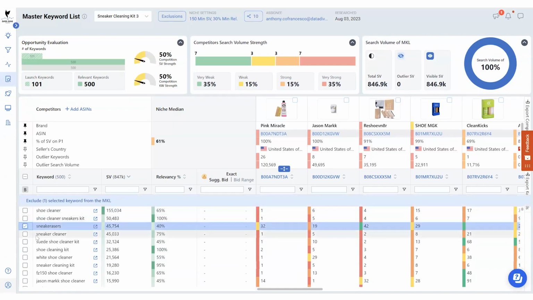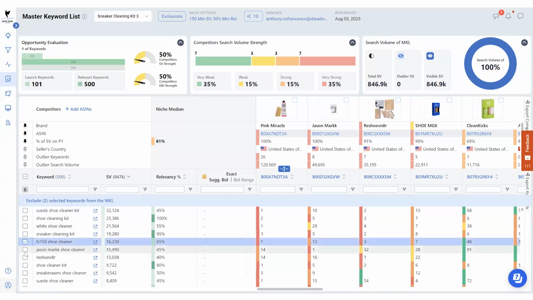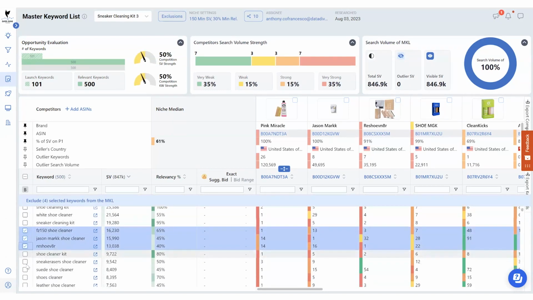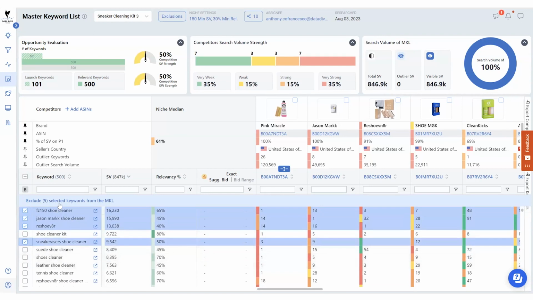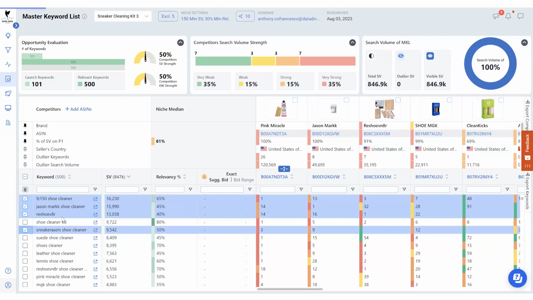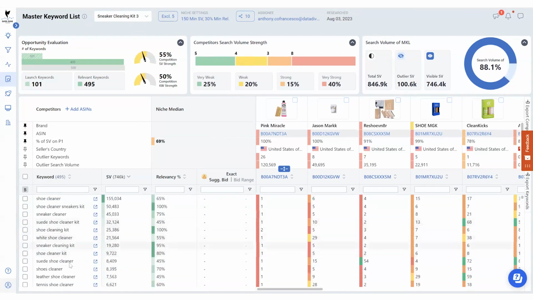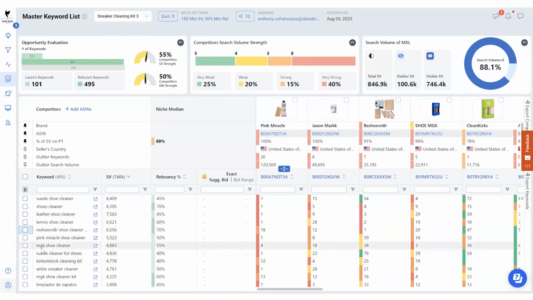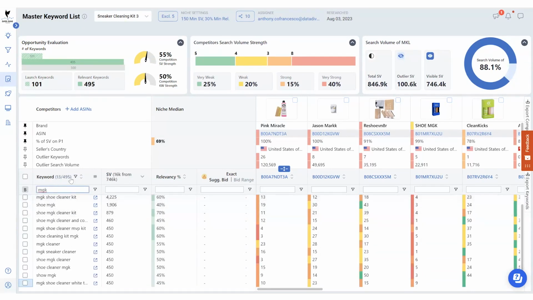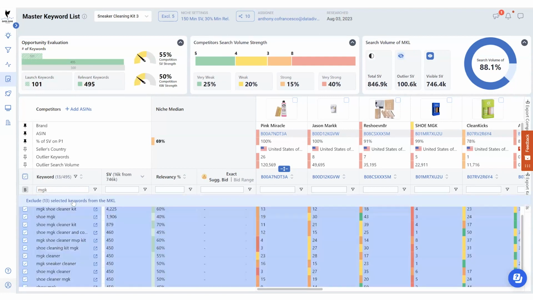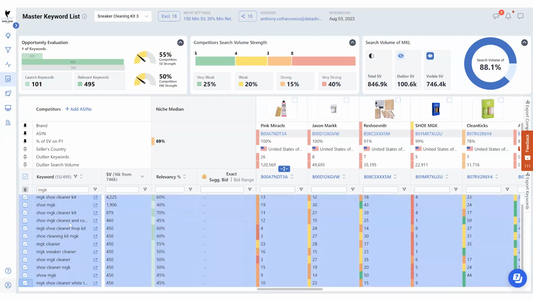So sneaker erasers, I think that's a brand name. FZ150, Jason Mark, Rejuvenate, sneaker erasers. So you can see that as I click the checkbox, this banner pops up, and then I can just click on that banner and it's going to exclude those keywords. Now, I've done this a couple of times, so I'm going to move a little bit faster for the purposes of the demo. There's going to be a lot of repeated brand names in here. So like MGK, I know is one, right? You can see there's 13 keywords related to MGK. And so I can just click on that checkbox to select all, and I can bulk delete a little bit faster.